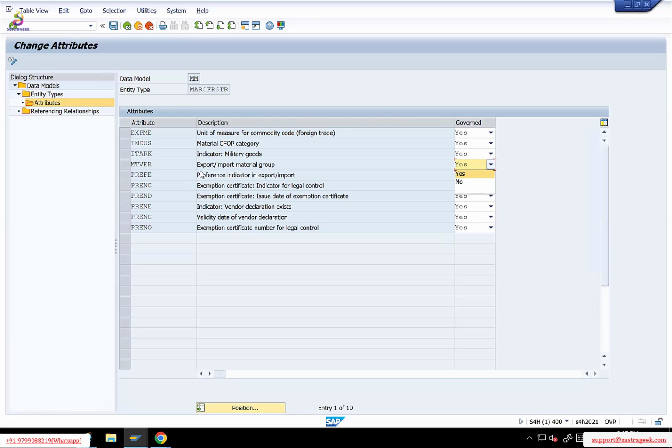So in short, in summary, what I'm trying to say here is, if some attributes you wanted to take out of governance scope, you can actually use this particular configuration. Either you can control it at entity level or you can control it